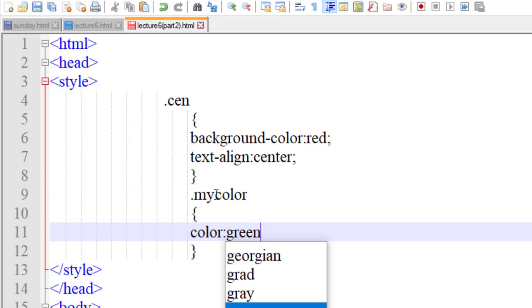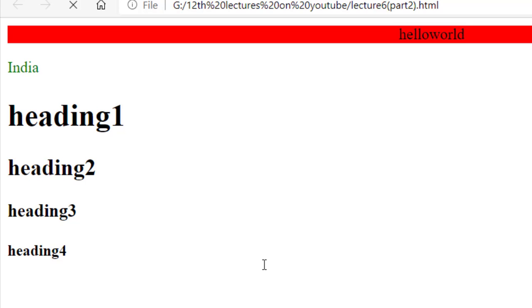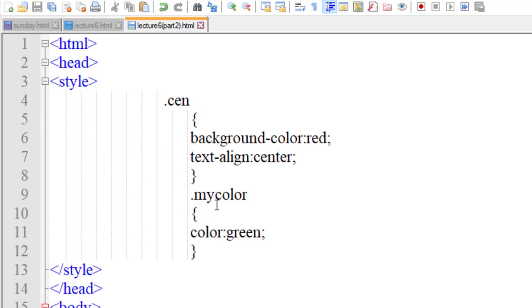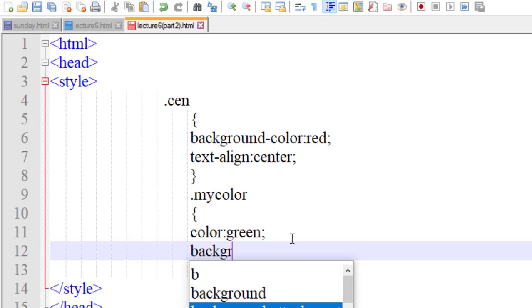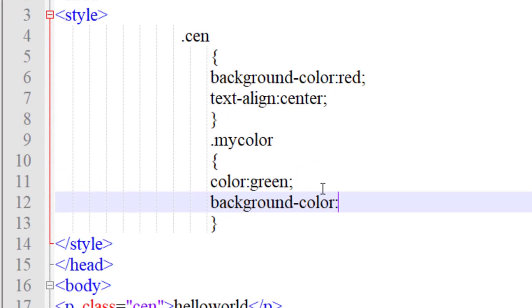You can use many properties and attributes. Just save it. Now run it. You can also put the paragraph background color as yellow. You can see India became green in color.